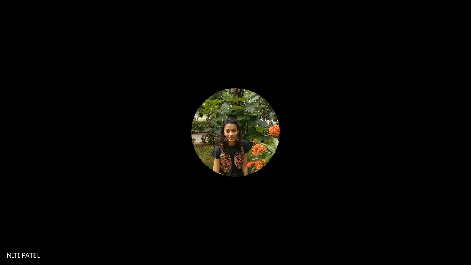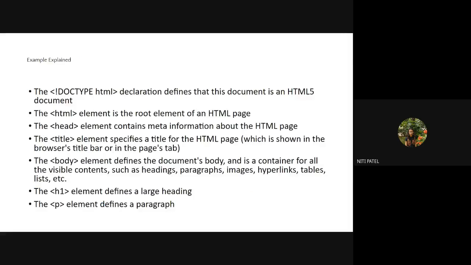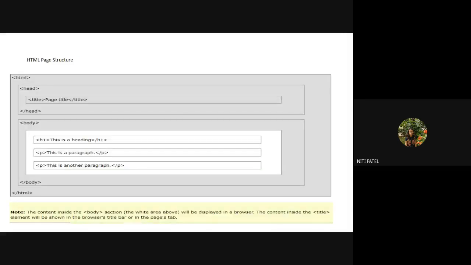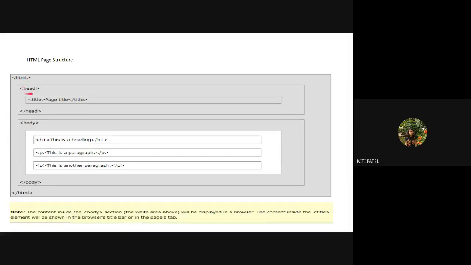So this is how we have seen how we are supposed to display the first basic page of HTML. Okay. Now let us see the next topic, that is the structure of an HTML tag. We have HTML as a root element. Inside that we have a head.